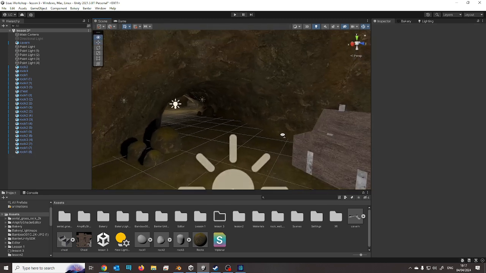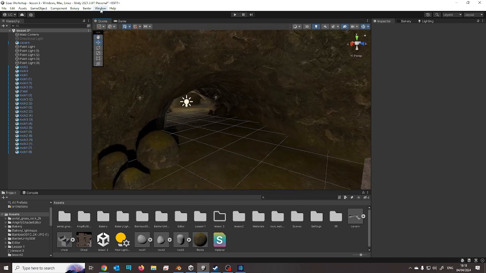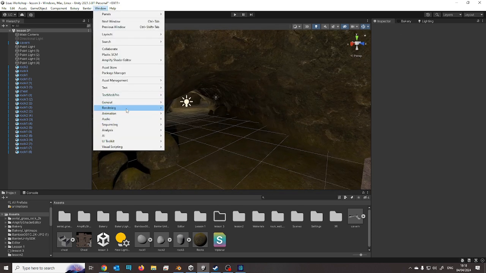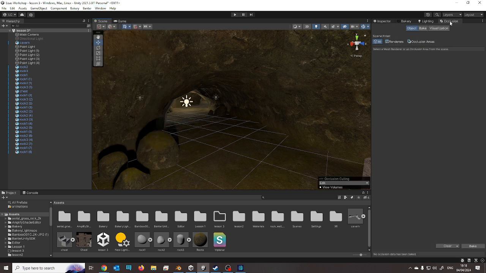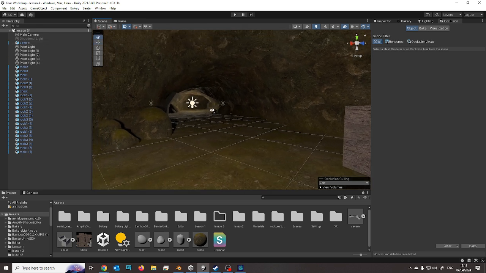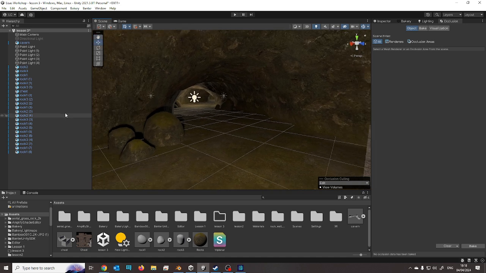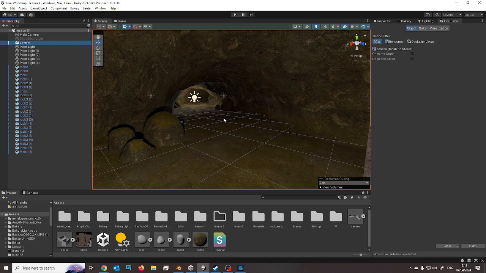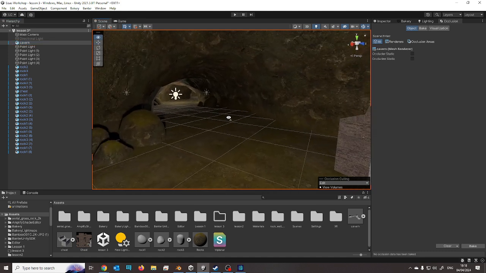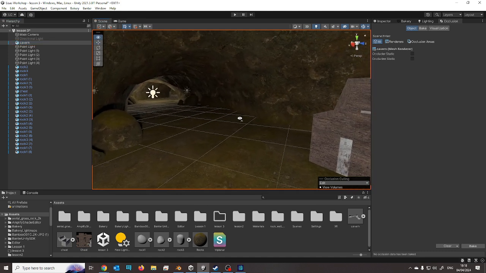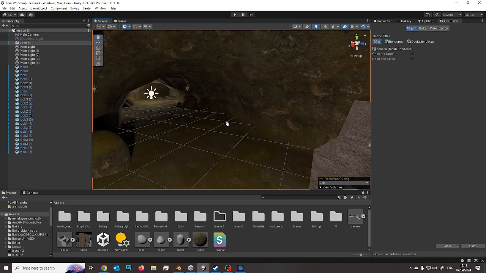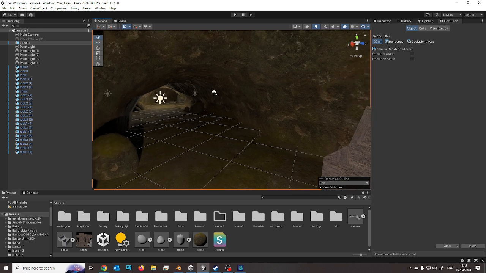All we need to do is, we'll do the occlusion culling first, I think, and then we'll bake the lighting. So under rendering, where you would normally get your lighting tab, you've got an occlusion culling tab, and it should automatically appear here. Now, all your objects are going to be either an occluder or an occludee under normal circumstances, or both, except for the cavern. The cavern is one mesh, so we don't ever want that to be occluded. It can be an occluder, but it can't be the occludee, because